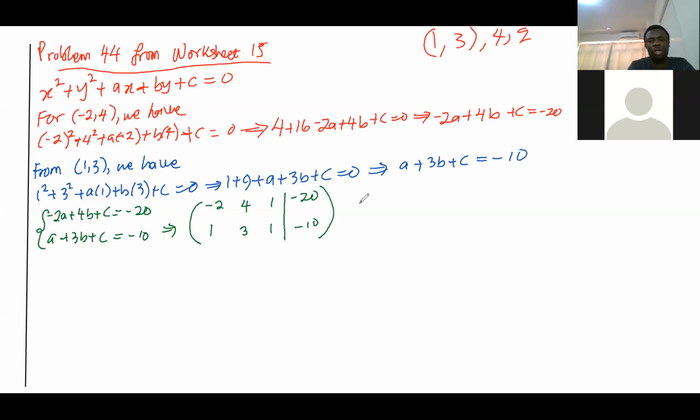So this becomes 1, 3, 1, -10, -2, 4, 1, -20. Okay, and what we did was to do row 1. So it doesn't matter where you put this. You can put it in row 1, you can put it in row 2. Okay, so that's that. After we had flipped,